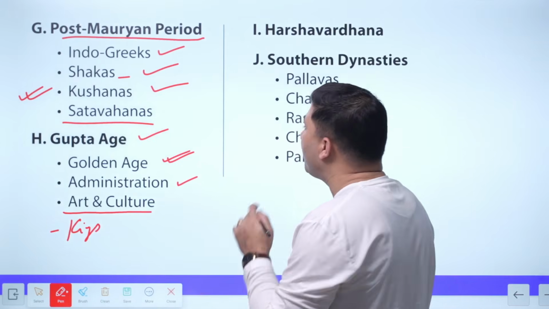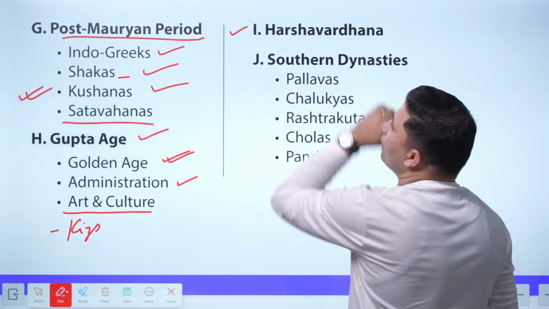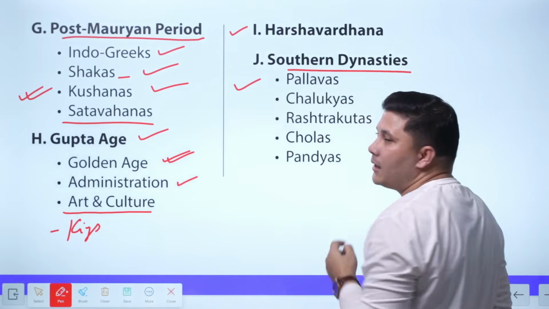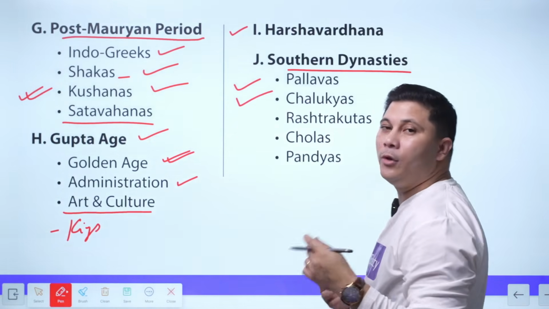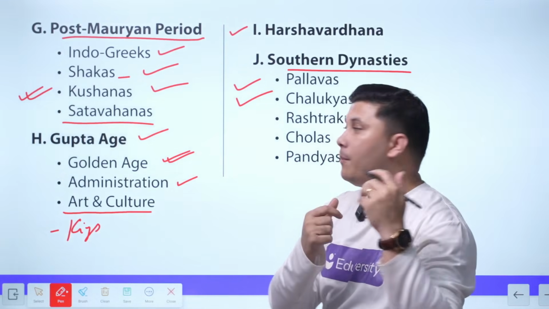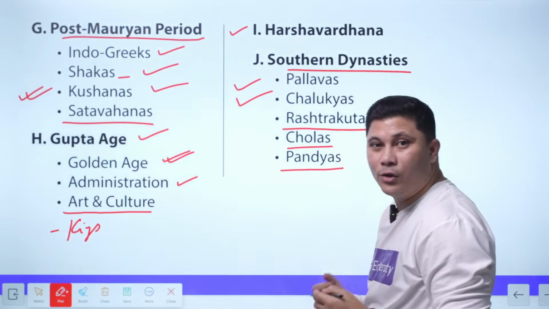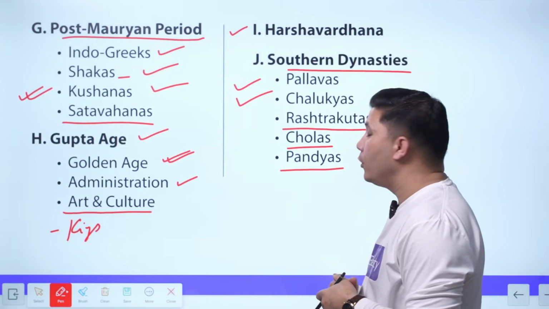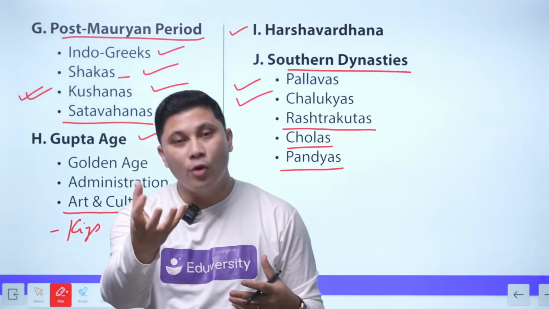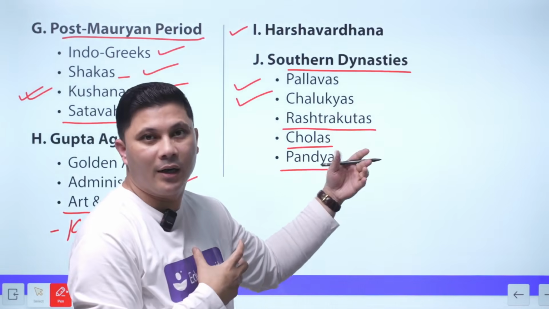Then apart from this, you have to learn even the post-Gupta period. In the post-Gupta period, the rise of Harshavardhana, the rise of southern dynasties like the Pallava dynasty and the Chalukya dynasty. You have to learn the Pallava and Chalukya kings, like Pulakeshin, like Narasimhavarman. You have to learn the Rashtrakutas, the Cholas, the Pandyas in the southern region, how the Chola, Chera and Pandya kingdoms rose up, how the Rashtrakutas were a part of the tripartite struggle. Are you guys getting it?